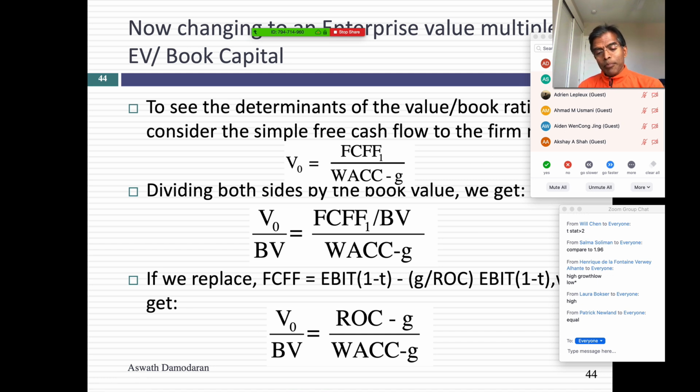If your return on capital is roughly equal to the cost of capital, your enterprise value should be roughly equal to invested capital. If your return on capital is less than your cost of capital, then you should expect your company to trade at below invested capital. And if it's greater, you should expect it to trade at a premium. So that is why we do these equations. It's not as a different way of estimating the multiple. That's pointless because you're getting an intrinsic value for your company and you've already done that. It's more to get a sense of what are the variables that I should be controlling for when I use a specific multiple.